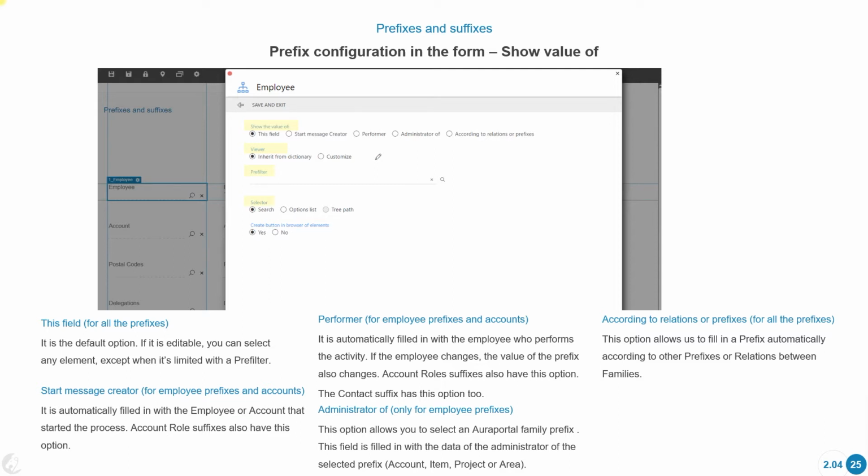Administrator. This is only for employee prefixes. This option allows you to select an employee or a portal family prefix. This field is filled in with the data of the administrator of the selected prefix. For example, I can have a prefix of an account in the form, and an employee one, and I can configure it so the employee prefix is autofilled according to the performer of the account selected. The last option, according to relations, allows us to fill in a prefix automatically according to other prefixes